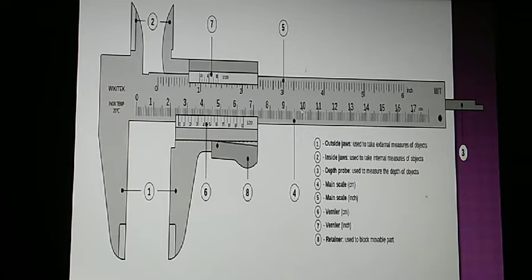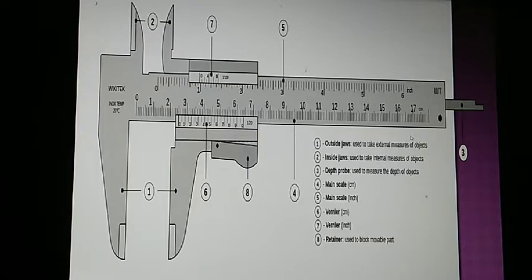You are able to see here the figure of the vernier caliper, for which these two are called the outer jaws, these two are called the inner jaws, and this is a depth probe, the extended portion, which is used to measure the depth of objects. And there are two types of scales present, the main scale and the vernier scale. The main scale is available in two units here: this is the main scale in centimeter units, and this is the main scale in inch units. Similarly, the vernier scale present here is in centimeters, and here it is in inches. And there is a depth probe in the vernier caliper in order to restrict the motion of the movable part.